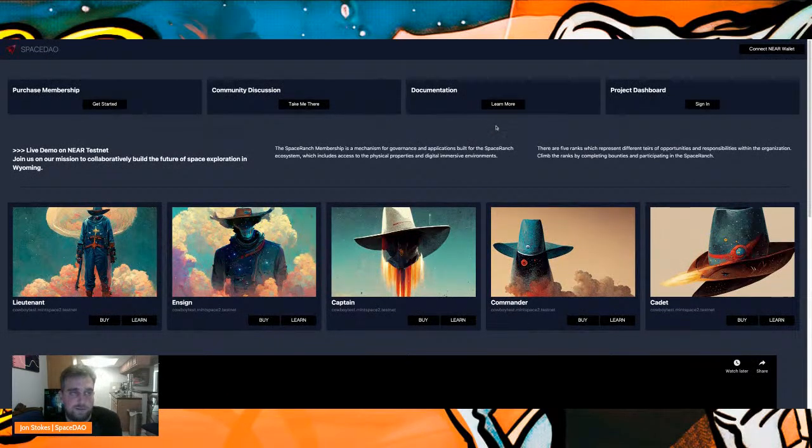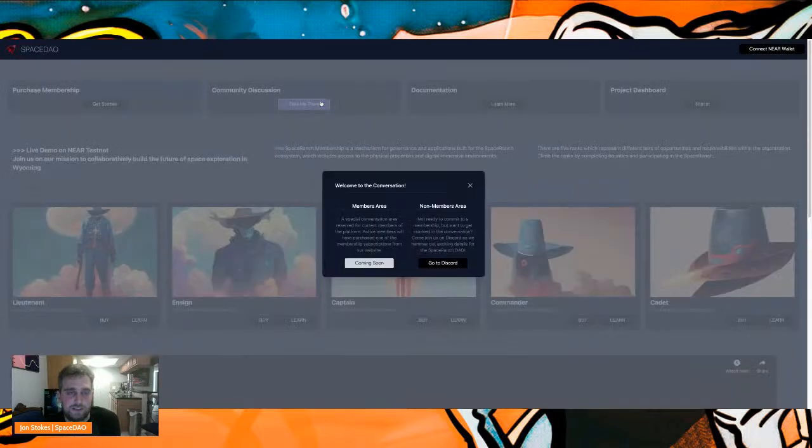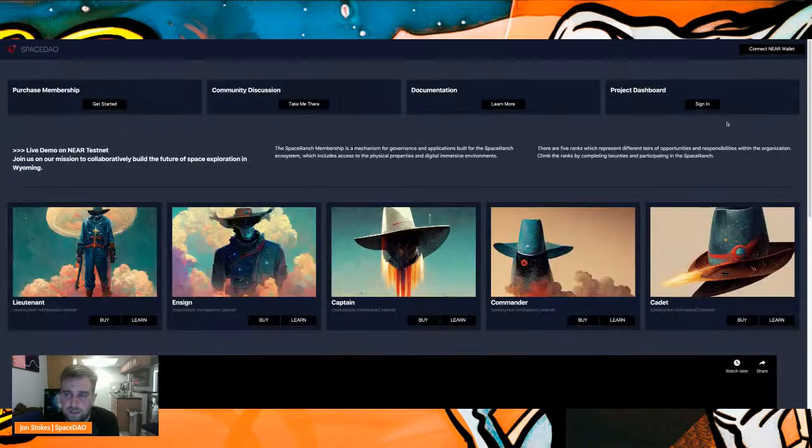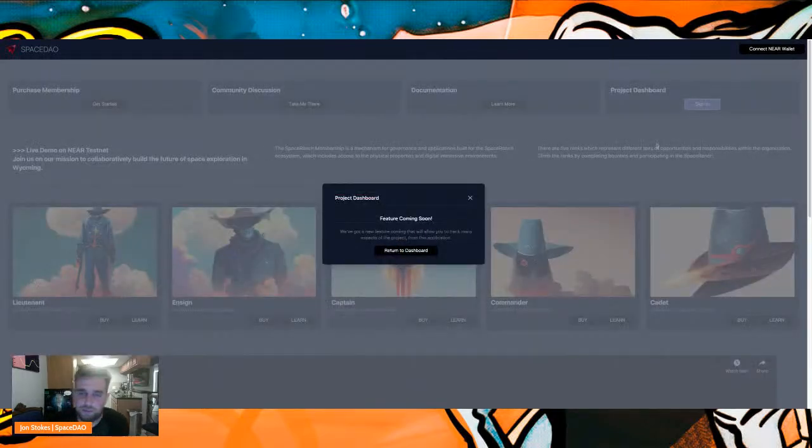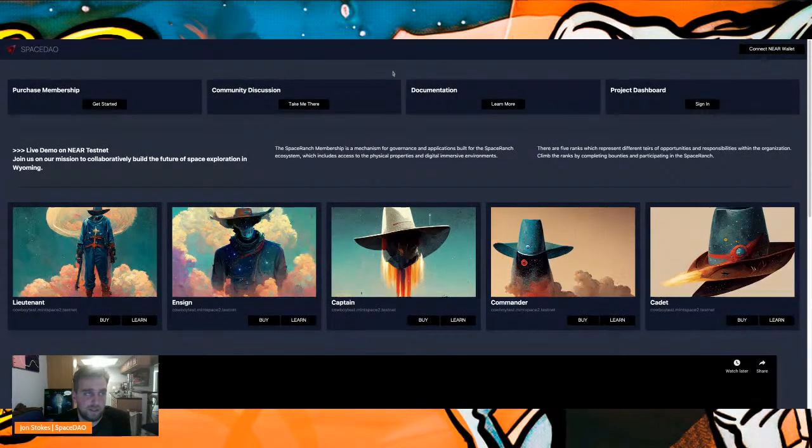For future developments, we would like to have authentication where, when you join our chat platforms, it automatically adds roles, and then a dashboard which will consume APIs from different DAO tooling and custom tooling that we intend to build.